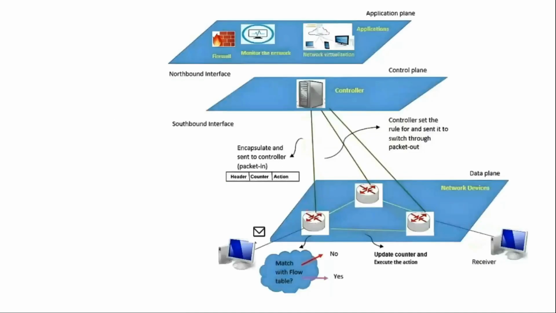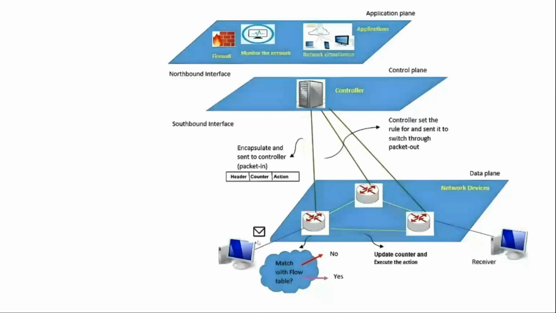So now here, let us see how this SDN, or how a software defined network, actually works. Okay, so I have a sender here, I have a receiver here. Now this sender is going to send data to the receiver. So here we are going to consider two instances. The first instance is when there is no match with the flow table. Okay, that's the first instance. And the second instance is where there is a match with the flow table. So we are going to see these two instances.